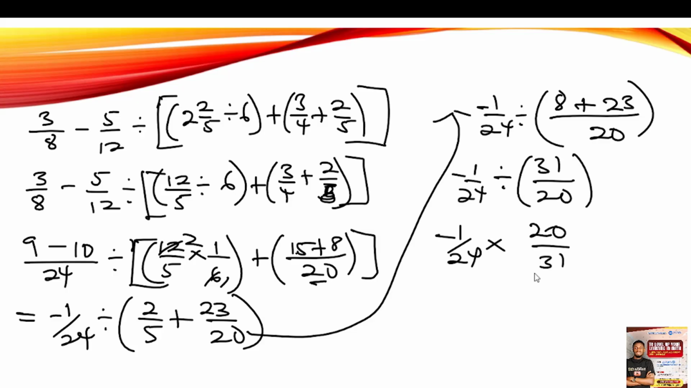Okay, so 20 on 31. Now 4 goes into 20 5 times. It goes here 6 times. So negative 1 times 5 is negative 5. And then 6 times 31 is 186. So the result of computing the